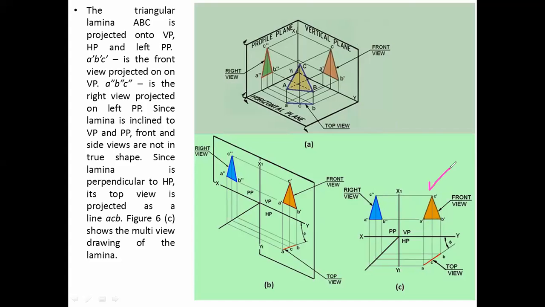This you can form, understand? And from that you can project it this way. But you don't know what will be the size of this. And in the top view, if this was not inclined to this vertical plane, then this line would have been which line? This line would have been a horizontal line, correct?